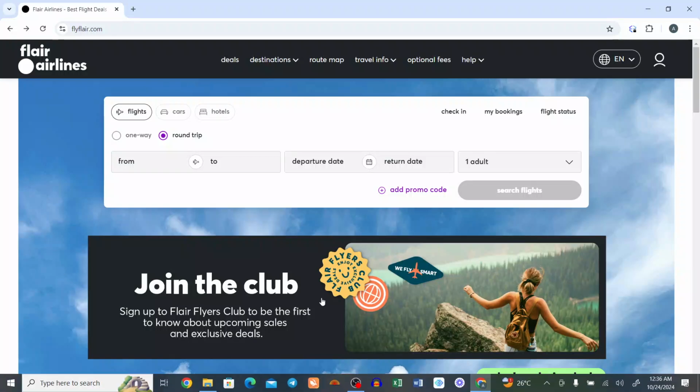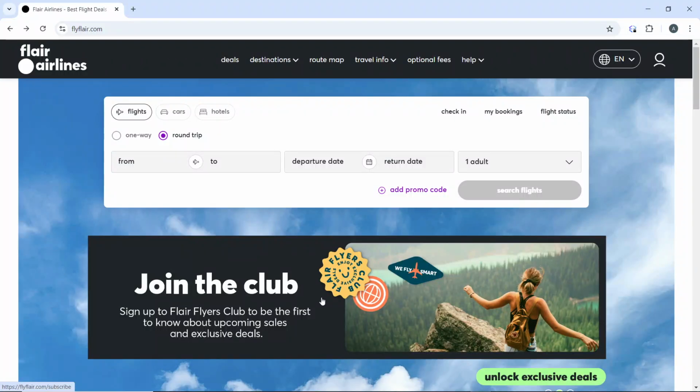Hello, in this tutorial, I'll show you how to upgrade your seats on Flair Airlines. So here are the steps to upgrade your seats on Flair Airlines. The first thing you need to do is to open your browser and go to Flair Airlines website at